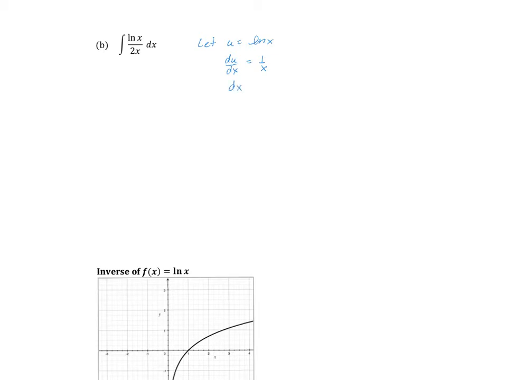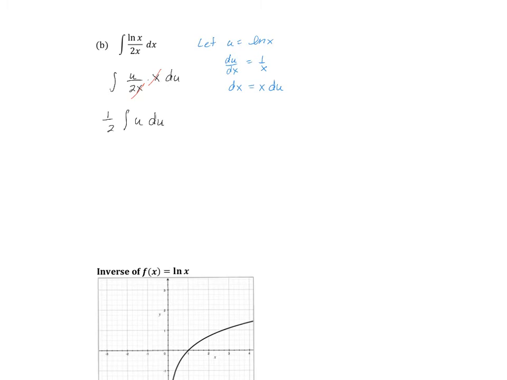I think dx equals x du. I apologize. So now my dx is going to be x times du, and I can see the x's will cancel. So this will be the integral of u over 2x times x du. My x's cancel. I'm going to pull out the 1/2, and I'll have the integral of u du,